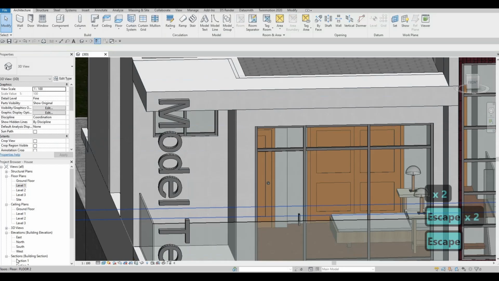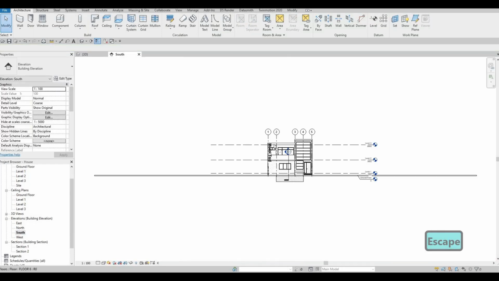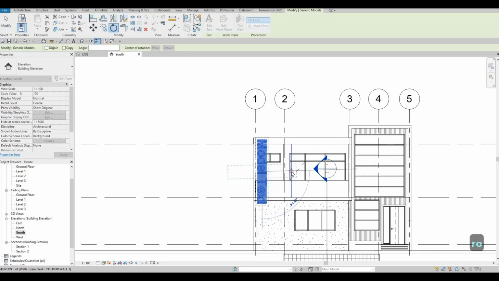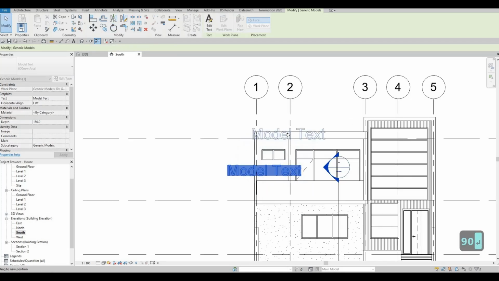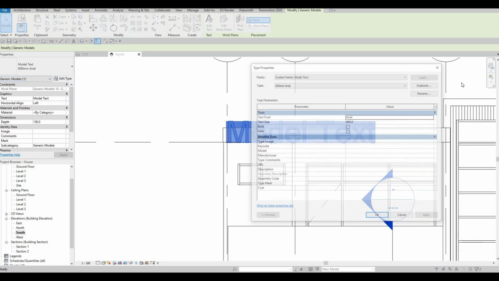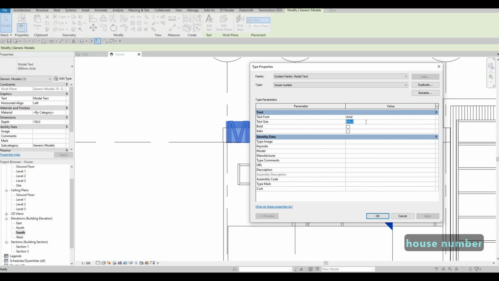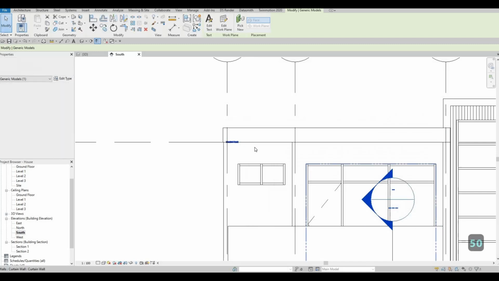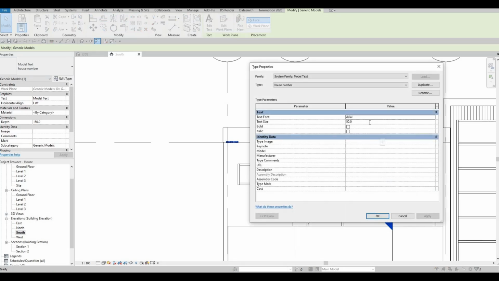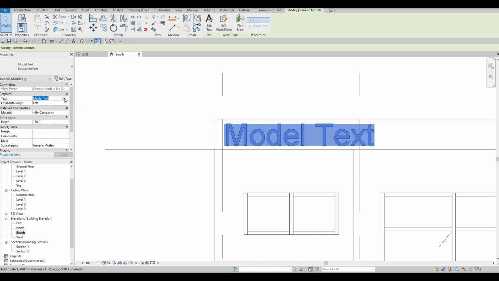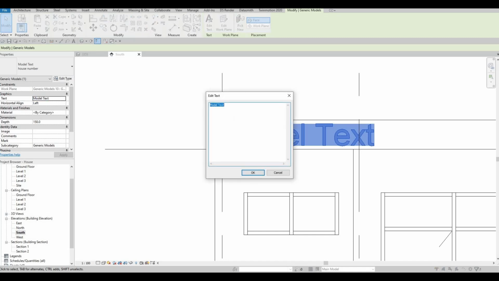And we could just go to our south elevation so that we could rotate it properly. Let's type in 90 and then put it right about here. And then of course we need to duplicate this house number, and we could then change the size. Of course we wanted to make it big, so maybe 300, half of that size right there. So that's good enough. And then now let's change the model text. We're gonna put 60,